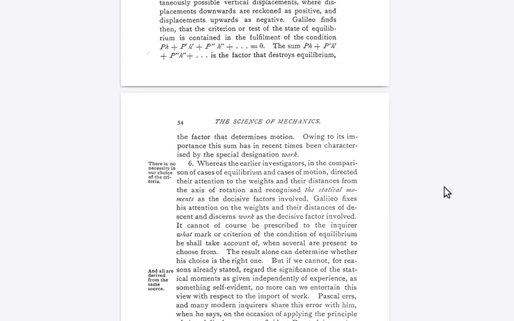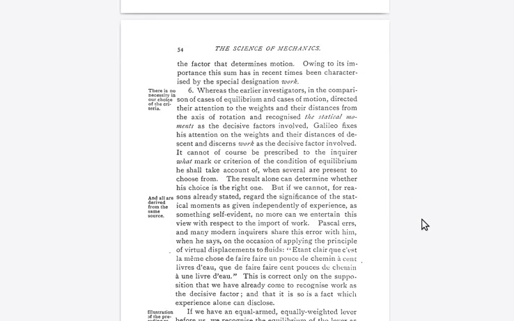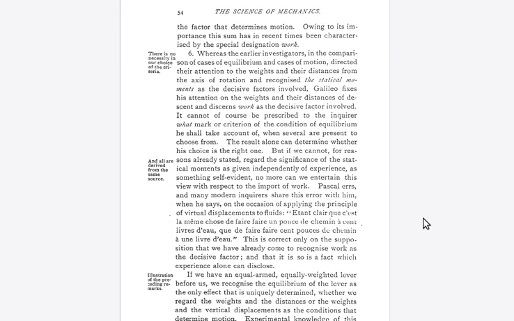Owing to its importance, this sum has in recent times been characterized by the special designation work. Section 6. Whereas the earlier investigators, in the comparison of cases of equilibrium and cases of motion, directed their attention to the weights and their distances from the axis of rotation, and recognized the statical moments as the decisive factors involved, Galileo fixes his attention on the weights and their distances of descent, and discerns work as the decisive factor